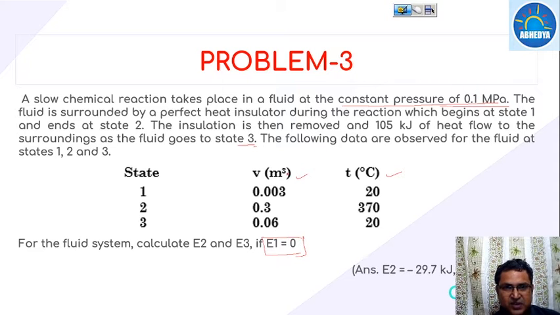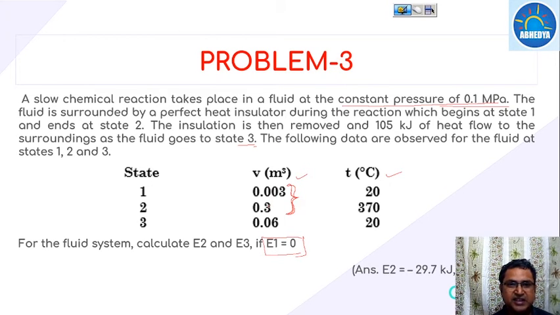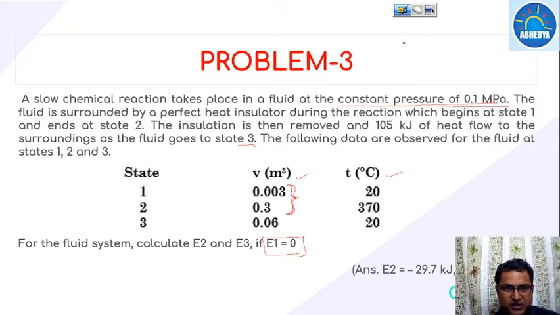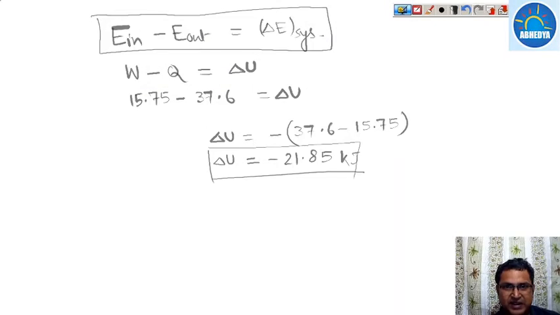Pressure is given, volume we know, from state 1 to state 2, so we can calculate the net change in volume, and it has been insulated, so net amount of heat is 0. So whatever be the amount of work done, that is the change in internal energy, and this change in internal energy is nothing but E2 minus E1. So work done we can calculate by PdV, pressure is given, and this is the change in volume. Okay, so this is basically the brief of this question. So now let's go and check how to solve it.